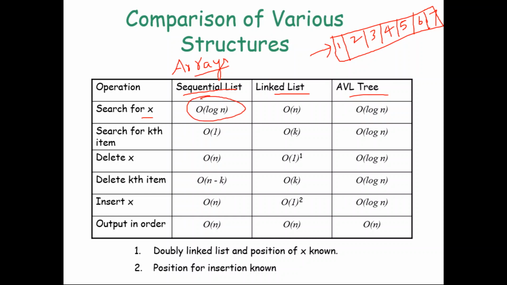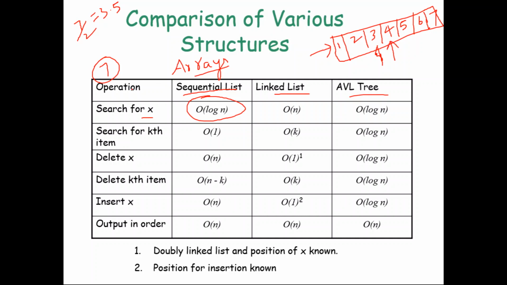Why? Say, for example, from this list I want to search where 7 is. What I will do is first take the mid of the array. The array contains 7 elements, so what is the mid? Mid is 7 by 2, which is 3.5. 3.5 means I can go for either 3 or 4. So check the third element, what is that? Or we'll take the upper bound: check the fourth element. What is that? It is 4.